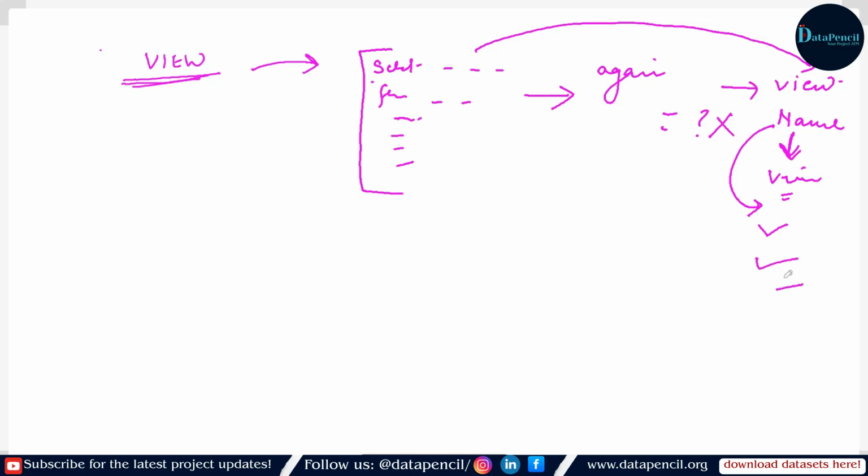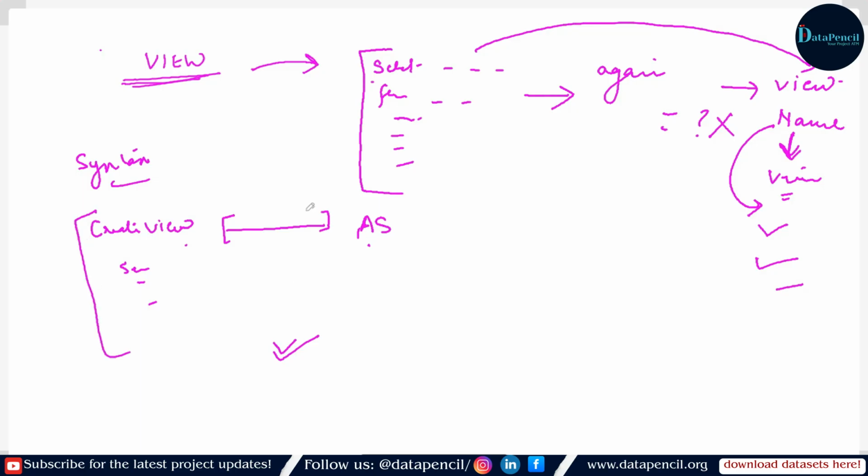Fine. So let's now understand the syntax of the view. For that, we firstly have to write create view. These are the words that we have to use. Then we have to give the name of the view so that we can call it whenever it's needed. Then we have to mention as. So write create view, give the name of this view, and then write as, and then begin your code: select, from, group by, whatever. Write your code, and this is it. Once you run the whole code, your view will get saved under the view section.